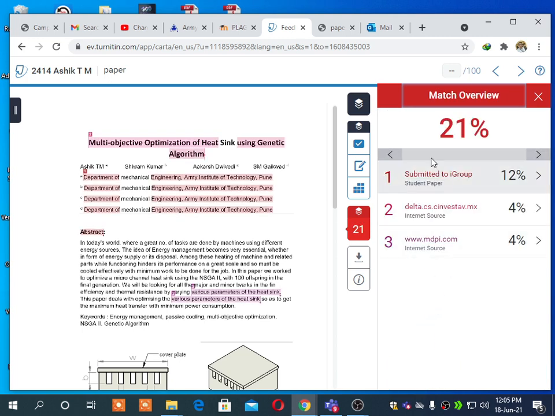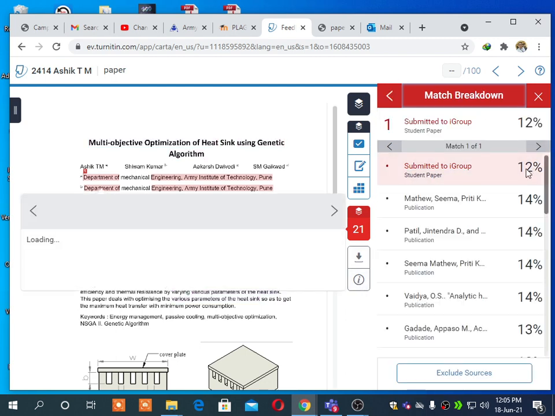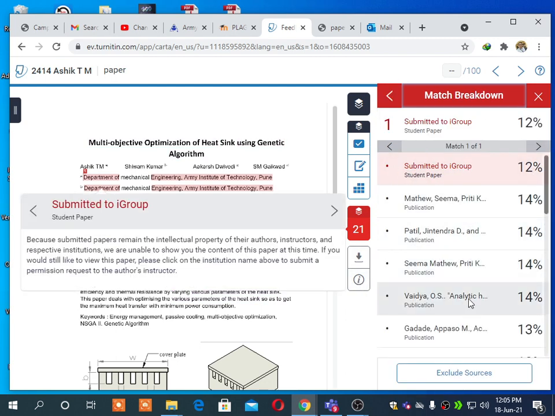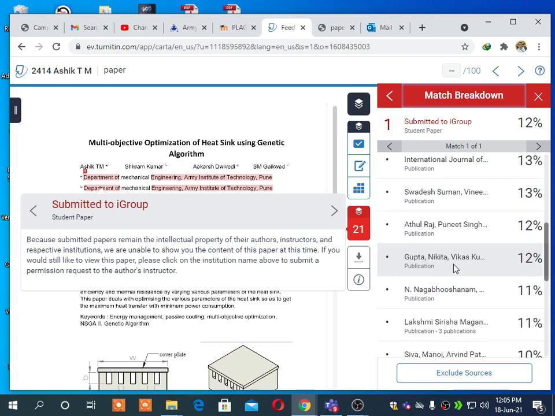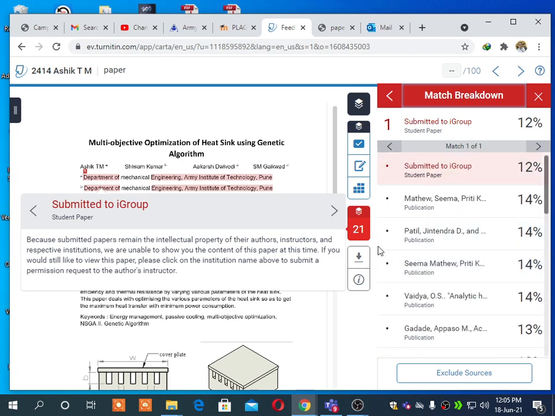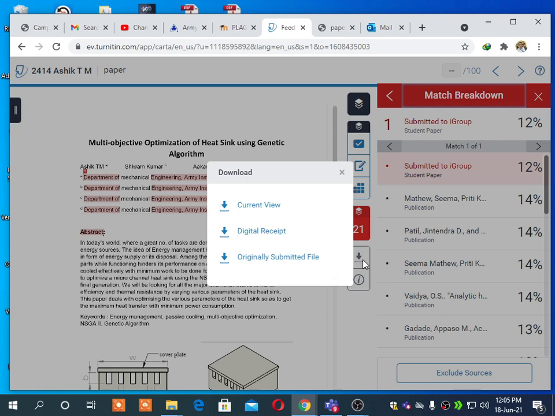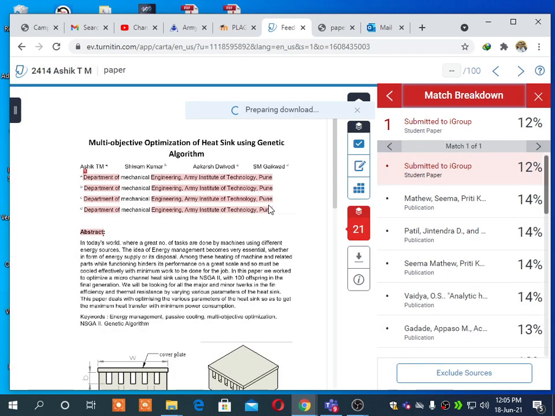Again it is 21, submitted to iGroup, just let me check. Okay, again I can see the original 12% or whatever the 21% I am getting.